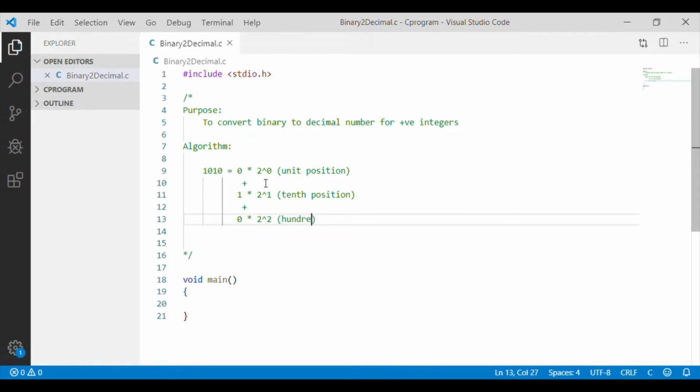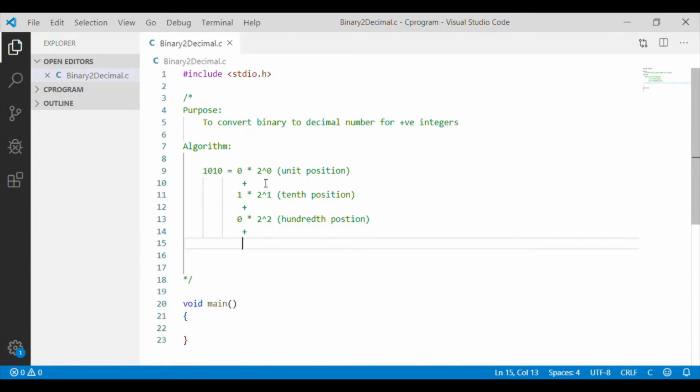If you see, 2 to the power is getting incremented starting from 0. 0 represents the 0th position of the binary digit starting from the right side. Here our binary number is 4 digits, so maximum 2 to the power of 3, that is 1000th position, is what we are getting. If we see in detail,